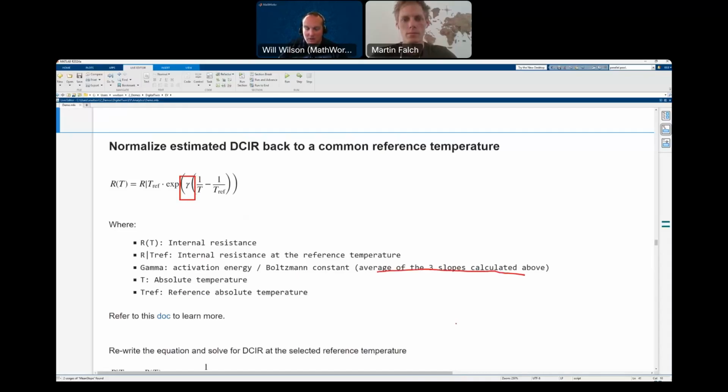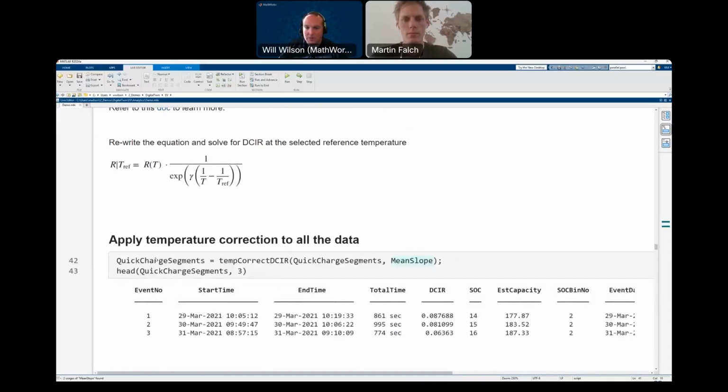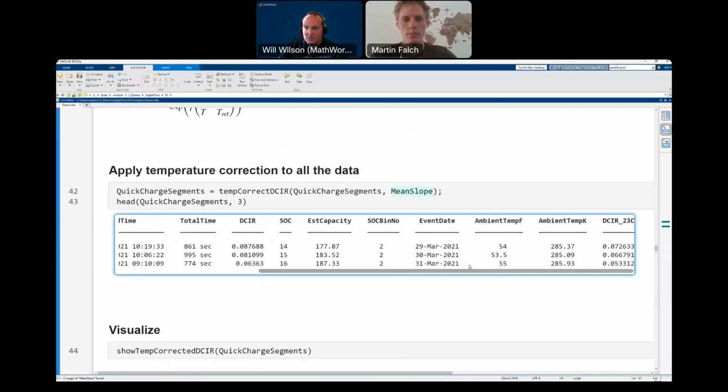This guy. We put all this together and we actually execute this equation against each of our little windows. This is our normalized internal resistance, and that can be compared to our directly estimated DCIR here. All right, so again, this is the value of keeping everything all in one place. You can use this to very easily just manage your data,